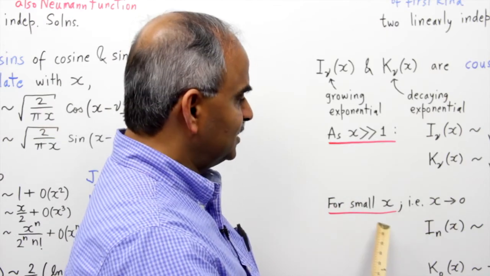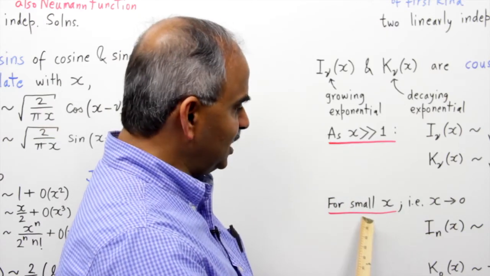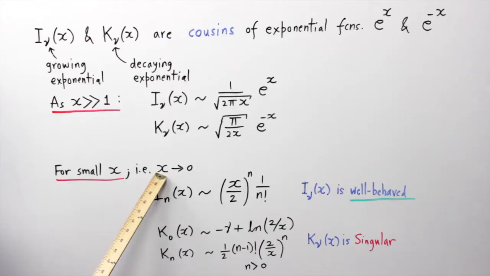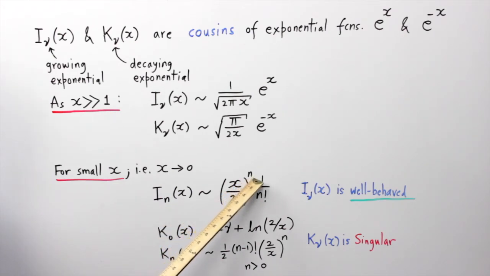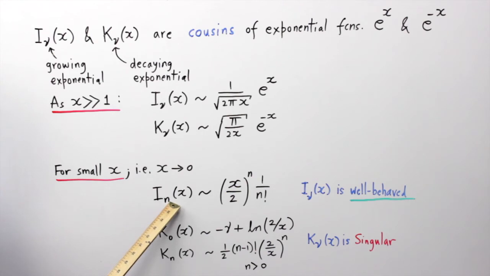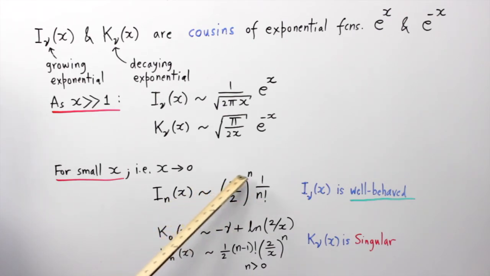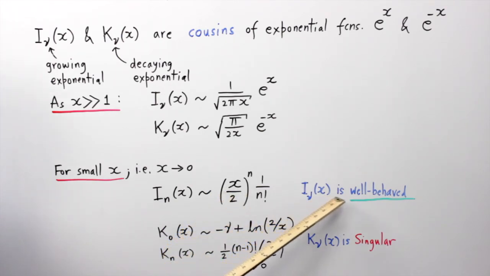If we now look at these Bessel functions for small argument, when x is small, x going to 0, we have these representations. Function I behaves like x to some power n, where n is the order of this Bessel function. And so this is going to be well behaved. When x vanishes, it will vanish. Or when n is equal to 0, then it will approach a finite value, it will become 1. And so I_nu of x is a well-behaved function, whereas K_nu of x,